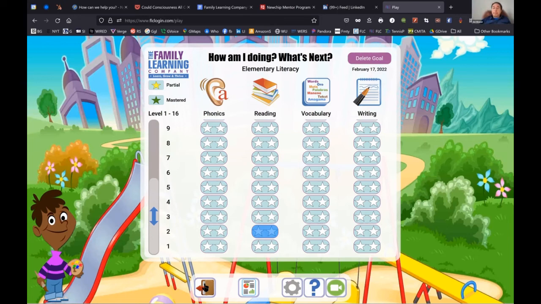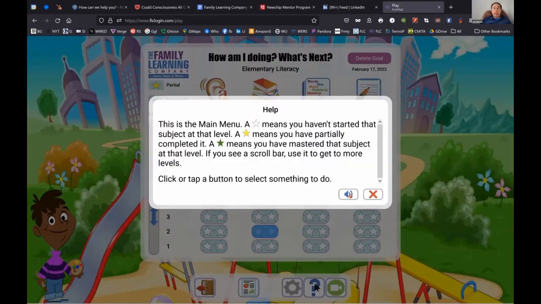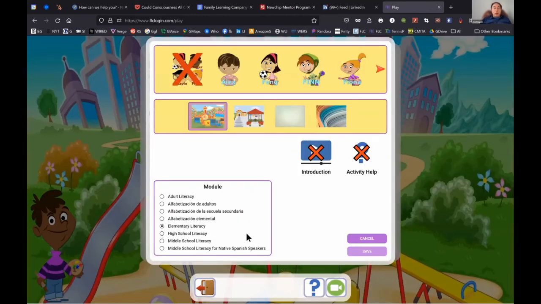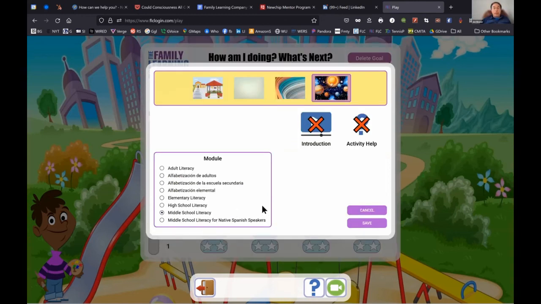Any questions? So I've got my youngest grandson, and then I've got one in 5th grade, and this doesn't look right for my 5th grader. No, not at all. This is for the elementary age. This is the main menu. And if I go to the settings menu, the gear, it gives me all of the activities, all the modules in the program. So for your 5th grader, maybe they're ready for middle. Okay. And then you'll see it comes up looking more mature,